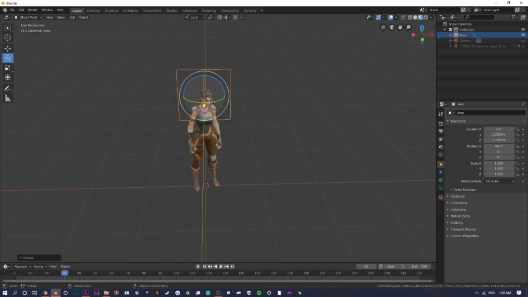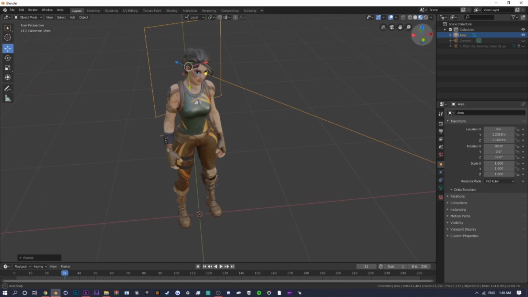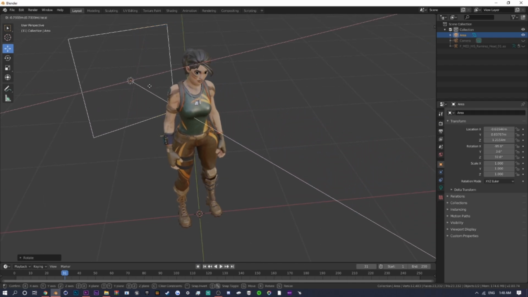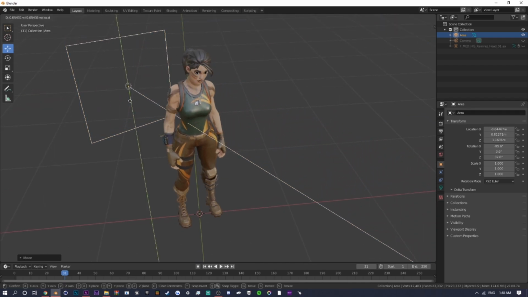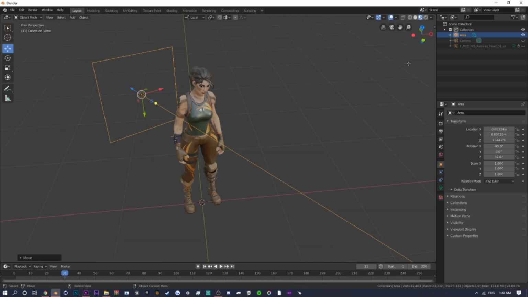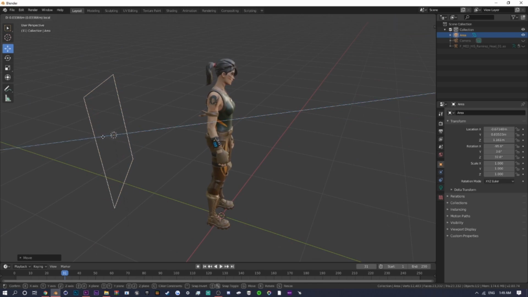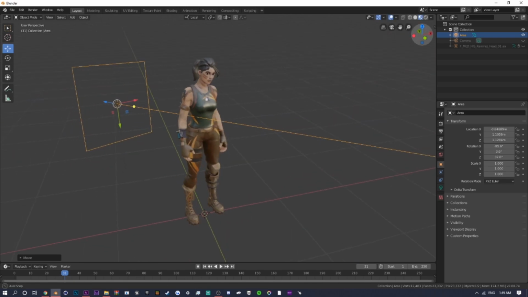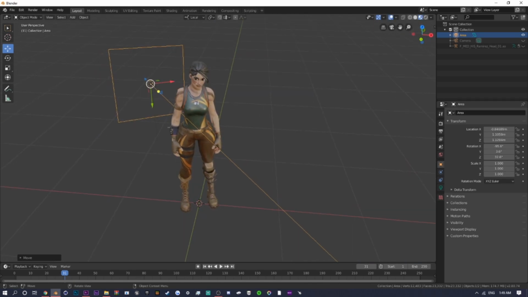And then what we could do is rotate this with the green one, maybe that way, and then go back to the move tool and, dragging the red one, you want to bring it this way, and pretty much make it so the line is meeting up on the side of her body. And then maybe we could bring this back a bit more. Then what you could do is, when you're selected on the light, right click, duplicate objects, click again, and then